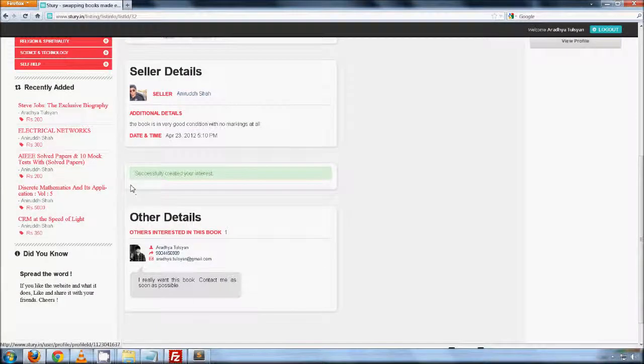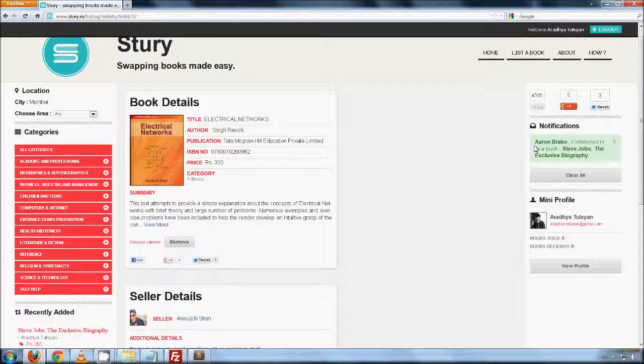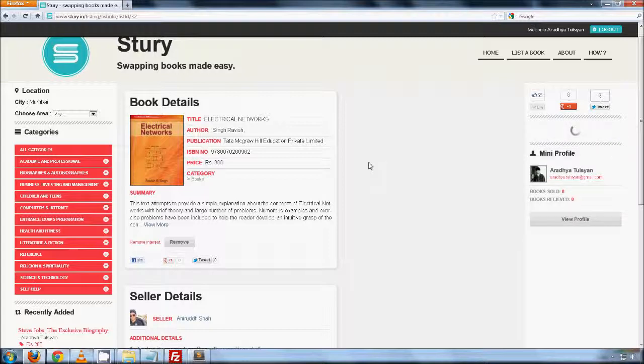If the user has his email notification switched on, the user will get an email to the email address specified in his profile. Also, the user will get a notification on the right sidebar of the page. The user has the option to clear all notifications.